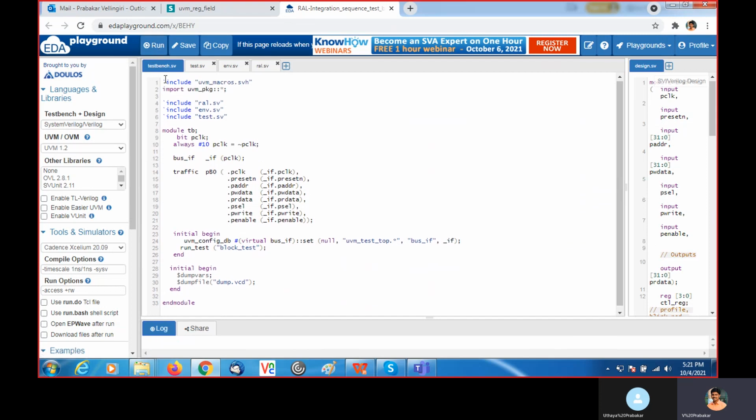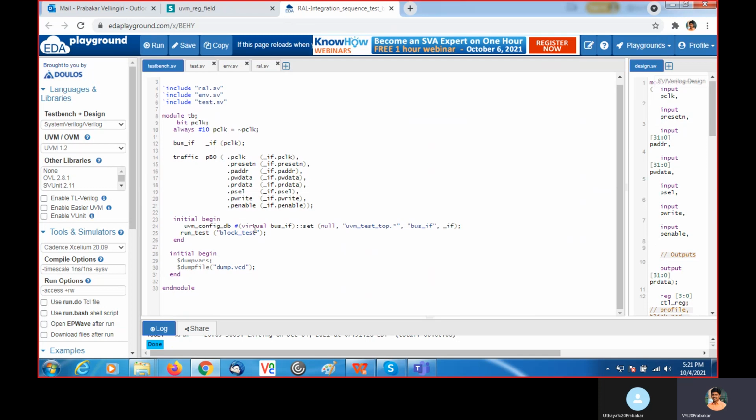Inside the testbench.sv you need to include all the files here, and then in the top module we need to generate the clock, and we need to map the interface signals to the corresponding signals of the DUT. The interface we need to set to the config DB using the set method, and in run test we need to pass the corresponding test.